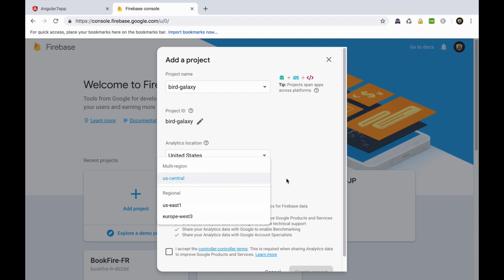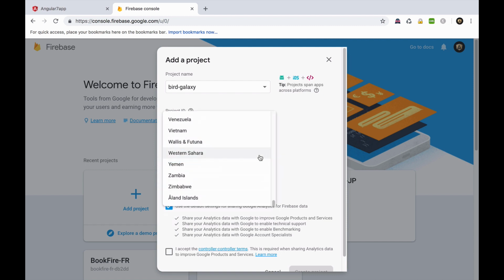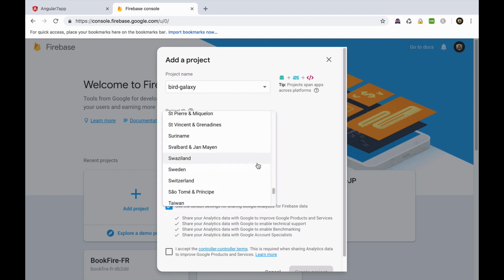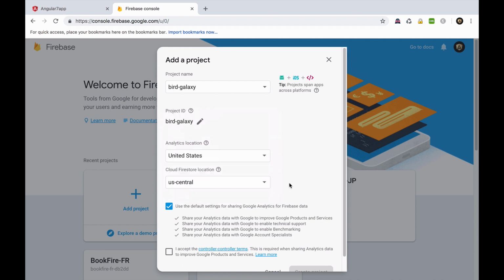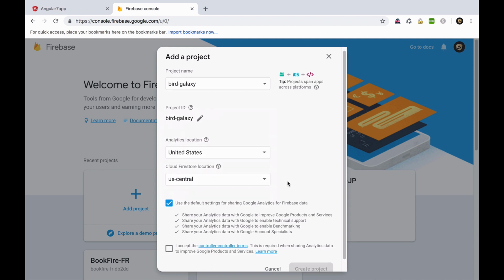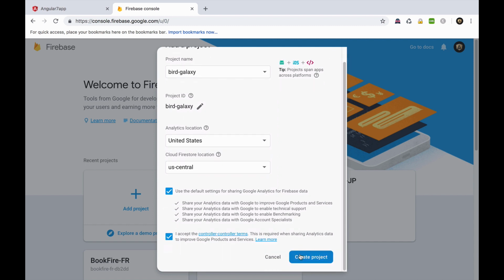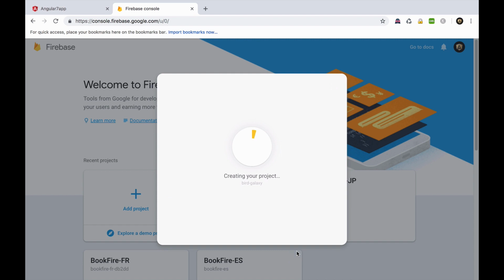I'm just going to put United States, just to make it simple, even though I'm located in France. The last thing you have to do is accept the terms. Perfect, it's just going to take some seconds to set up the project.